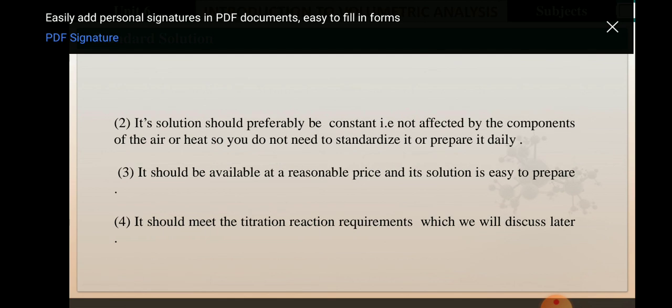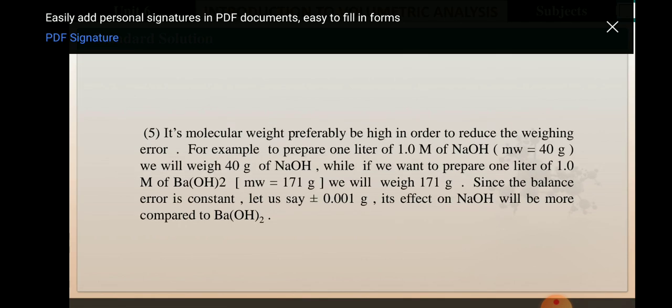Next, its solution should preferably be constant, that is not affected by the components of air or heat, so you do not need to standardize it or prepare it daily. Third, it should be available at a reasonable price and its solution easy to prepare. The fourth point is it should meet the titration reaction requirements, which we will discuss later. And the last point is its molecular weight should preferably be high in order to reduce the weighing error. For example, to prepare